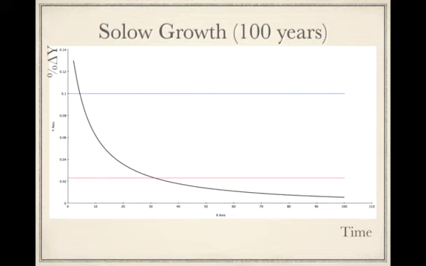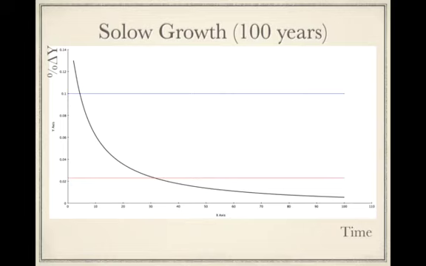Now you'll see a blue line and a red line in here. The blue line is 10%, which is the growth rate that the Chinese economy has maintained for roughly 30 years. Now in the last few years it's slowed, which shouldn't be surprising for us at all, by the way. As the Chinese economy catches up, catching up growth may be kind of hard. But does that fit what we see in our model here? At 30 years of growth, what should the growth rate in the Chinese economy be according to our Solow model? Right around 2%, 2.3%. That's nowhere near. The Chinese growth rate is much, much higher than that. So that tells us we're probably missing something.